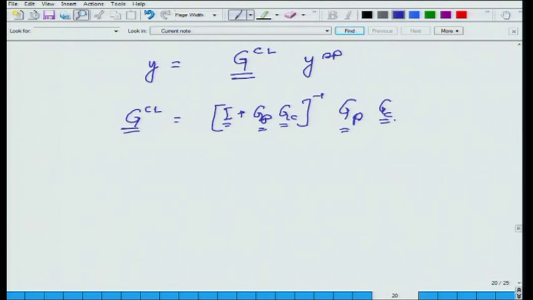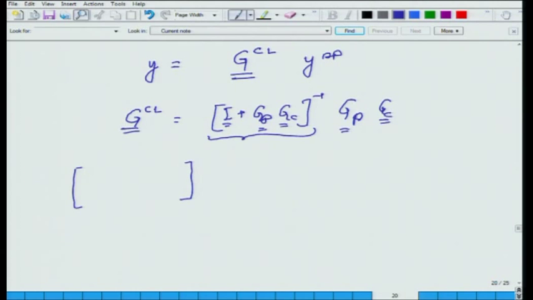This is what I get. Now, let us look at this matrix which I am inverting. Let us say I have a 2 by 2 system. For a 2 by 2 system, I plus GP GC would be what? The inverse matrix for that 2 by 2 system would be a 2 by 2